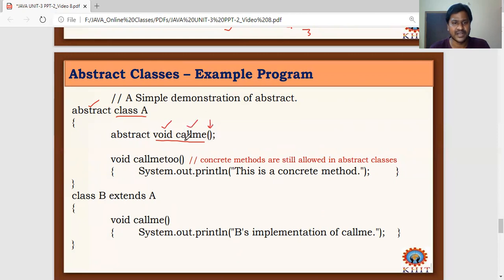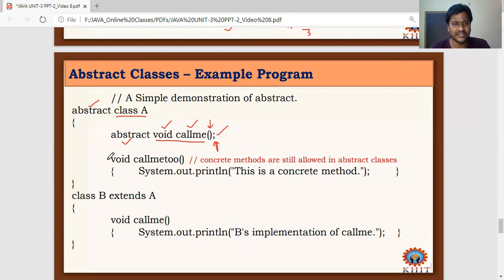I'm defining this method as an abstract method by preceding the definition with the abstract keyword. If you observe, there is no body, just a semicolon. So this is completely an abstract method, following the syntax clearly.